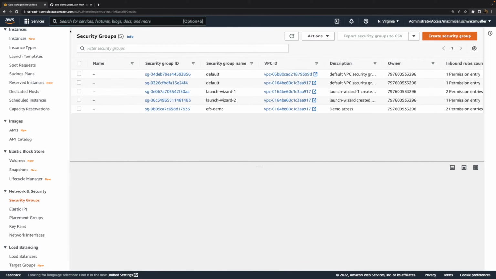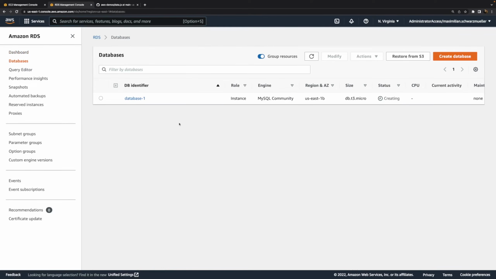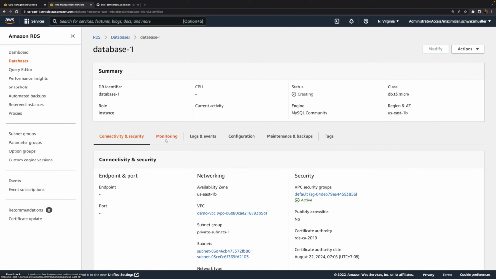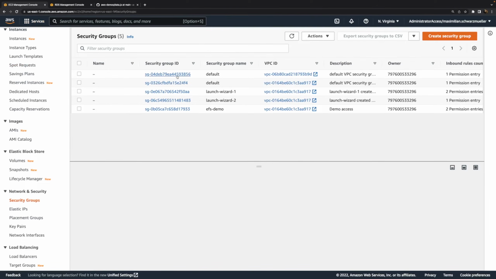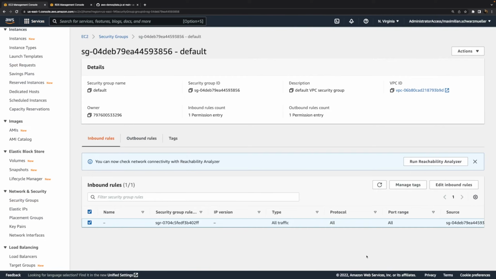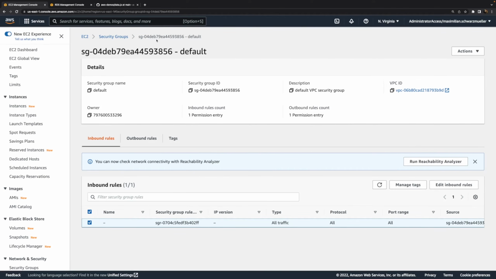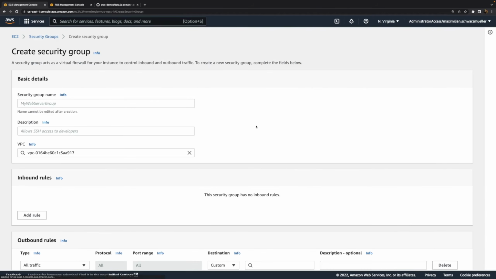I got a couple of security groups here, and if we quickly go back to the RDS service in a different tab, then if we inspect the database instance that is being created here, we can see that it has this security group ending with 856 attached to it. Now, if we go to this security group here, we see that at the moment, this security group allows all traffic. Now, you could narrow this down to only allow traffic to that special MySQL port, because that's actually the only traffic we want. But I don't want to edit that default security group, so I'll create a new one,